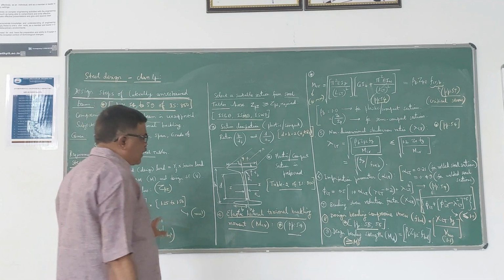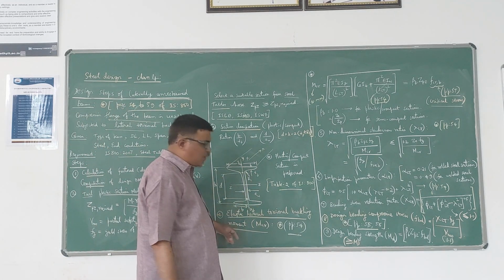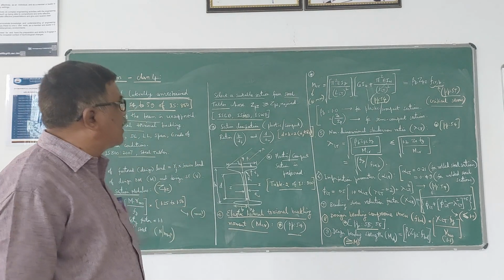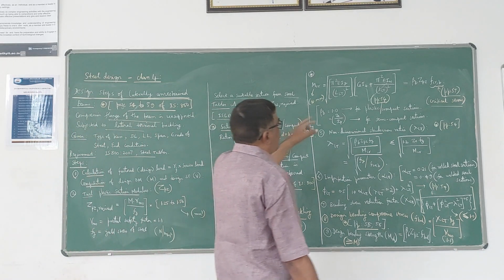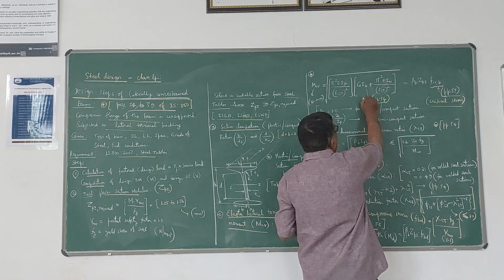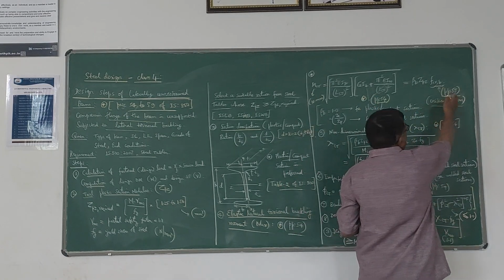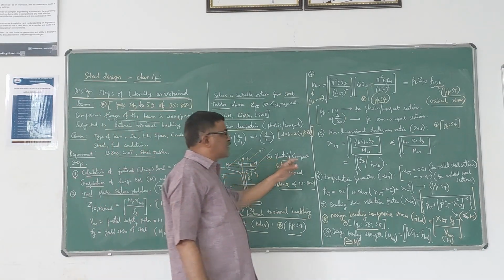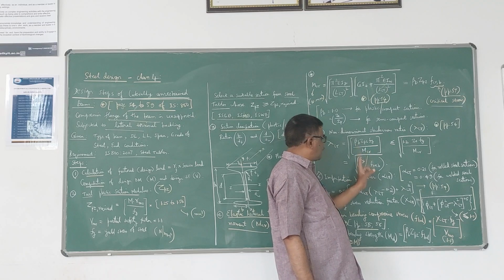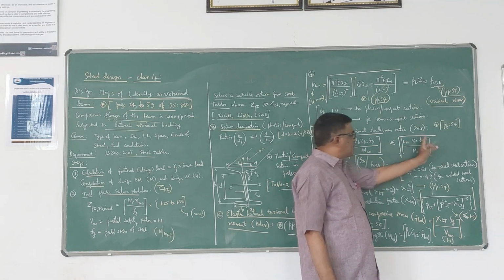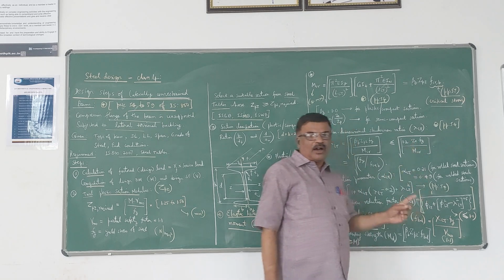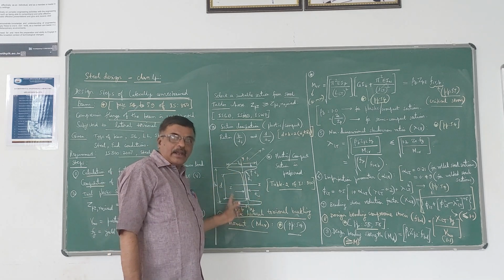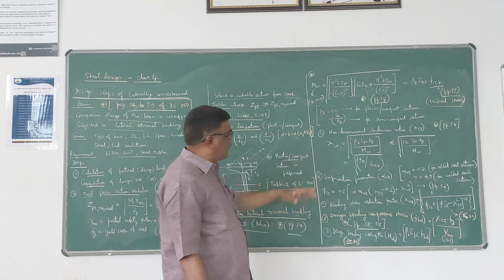Then after you classify the section, you have to calculate MCR, which is the most important moment in laterally unrestrained beams, either by using the formula given on page 54, or we can use the table given on page 57. Then you have to calculate lambda LT, the non-dimensional slenderness ratio, either using this formula or this new formula, and you have to check for this. All these values, ZE, ZP, we have to take for the section we have assumed here.